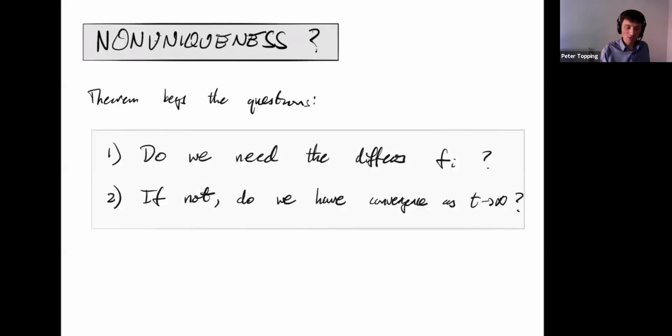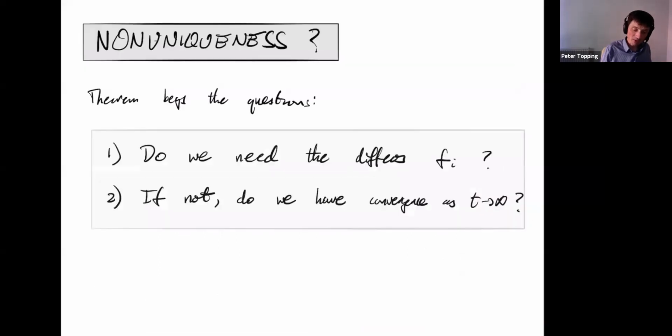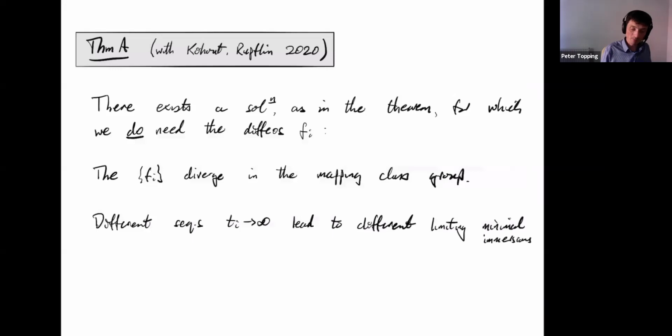Actually, I should have stated that in the theorem up here. When I say do not degenerate, I mean this box thing here. Oh, actually, no, that's true even if there's bubbling. I remember now. That's why I actually stated this as an L2 convergence. But I'm principally interested in the situation with no bubbling.